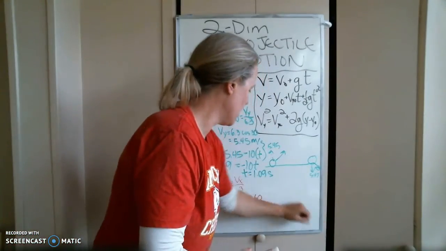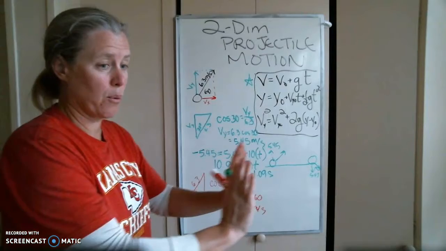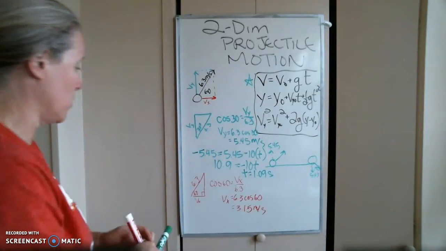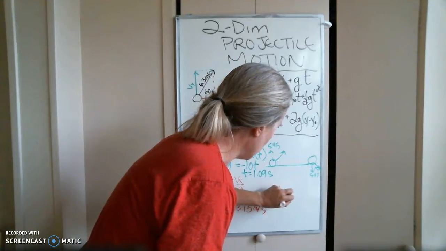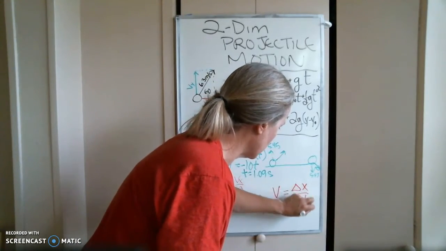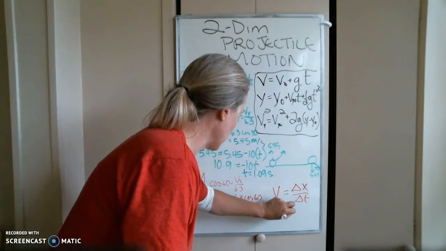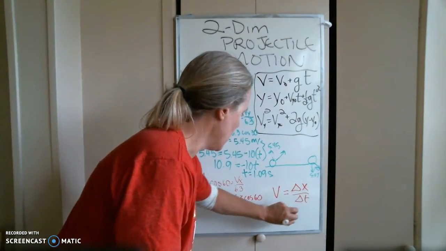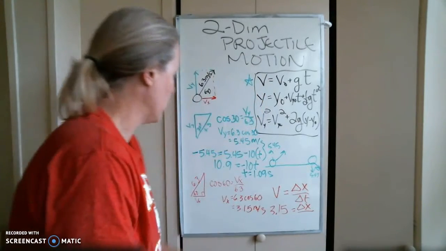So now I'm going to go find out how far it goes, because I know it moves horizontally at a constant velocity. My constant velocity doesn't change. It's going to be my change in x over my change in time. So my constant velocity is 3.15, and my delta x is what I want to find. And then I want to know my time, which was